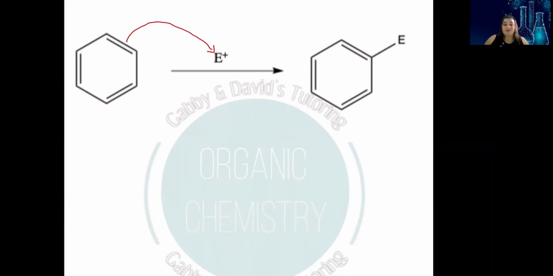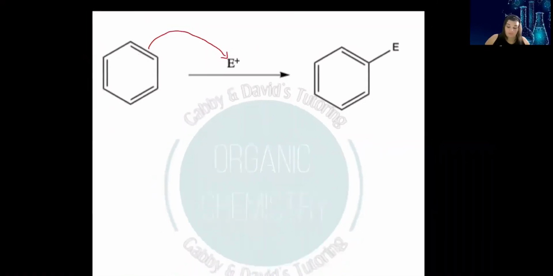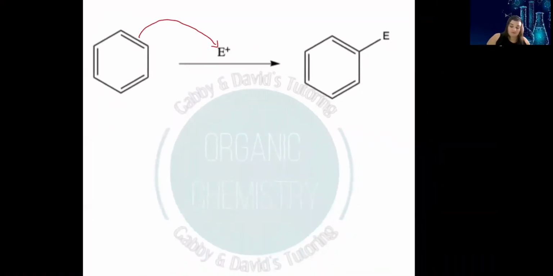When this happens, we're breaking the benzene ring, right? Hopefully you remembered from your aromaticity chapter that a benzene ring is an aromatic compound, right? So what does that mean? Well, that means it's super stable, okay? So it doesn't necessarily